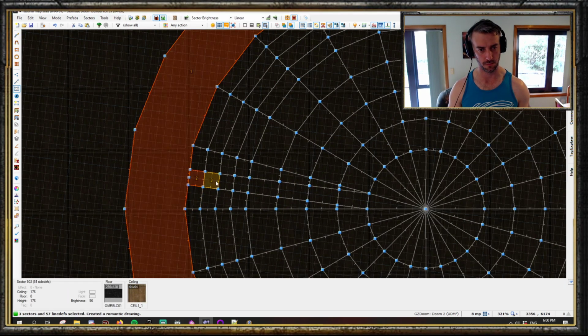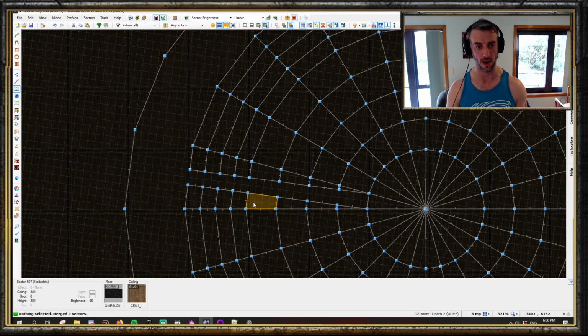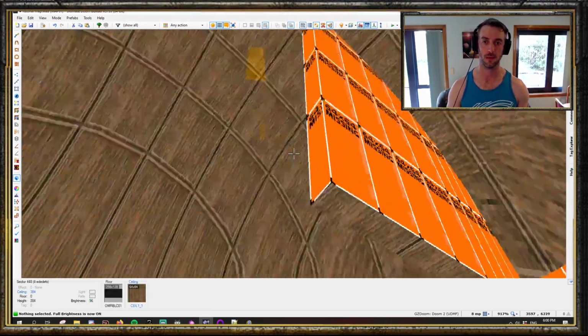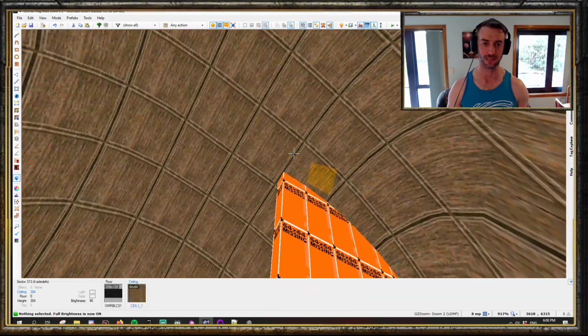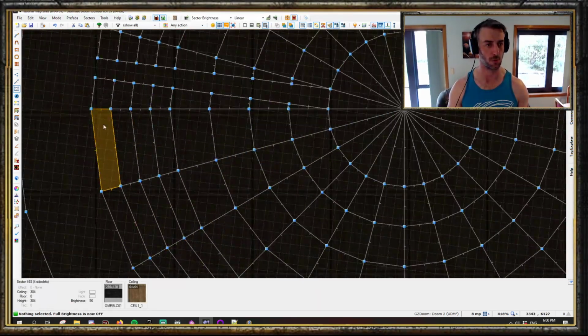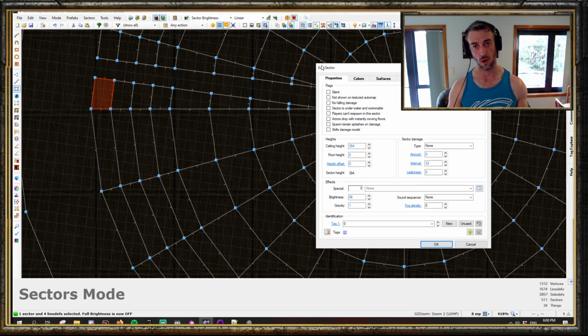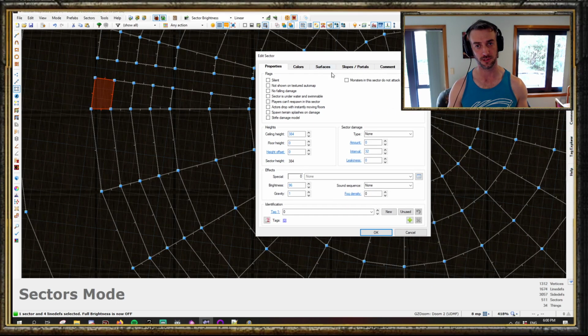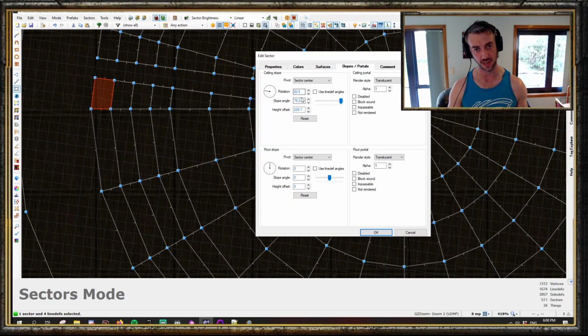Do that. Merge that with there. I mean, this is going to look pretty weird, but if you wanted to do that, you can do that, and the slope around it stays because it is actually a sector property. So go into the Edit Sector tab, Slopes Portals, and you'll see this. There's some